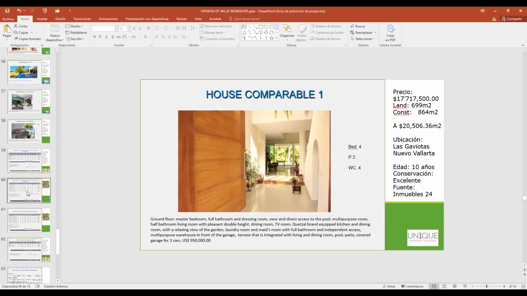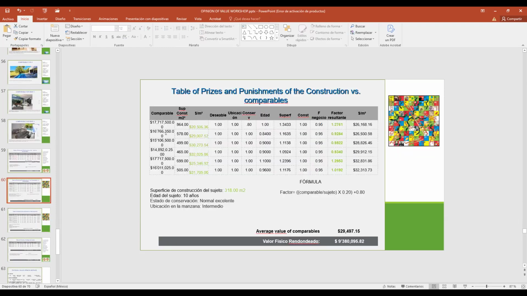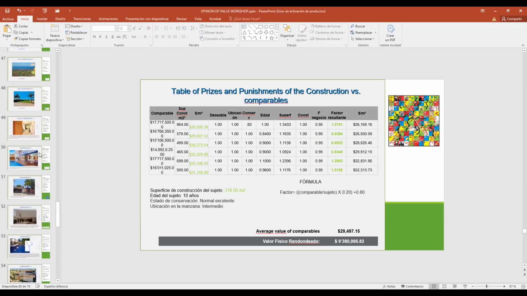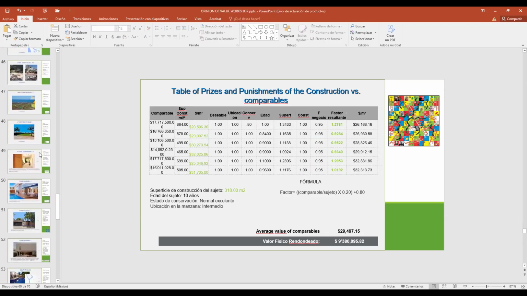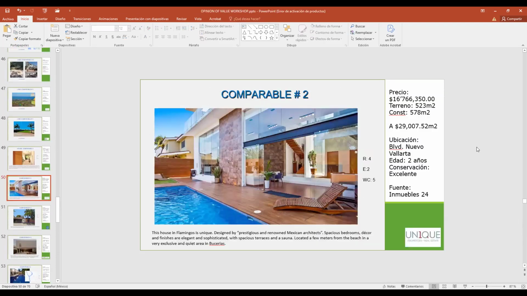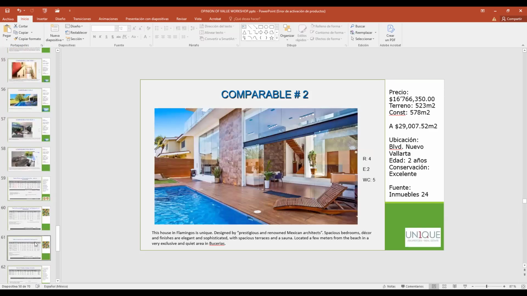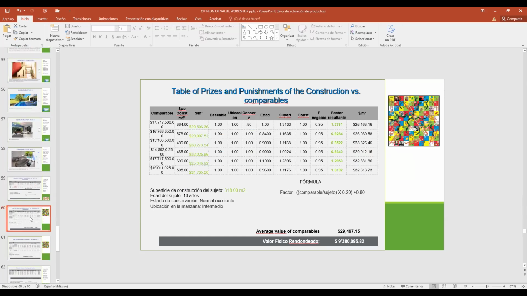It's our investigation. And number 2, where does this amount come from? It comes from our investigation, from here. So we need to fill the tables.